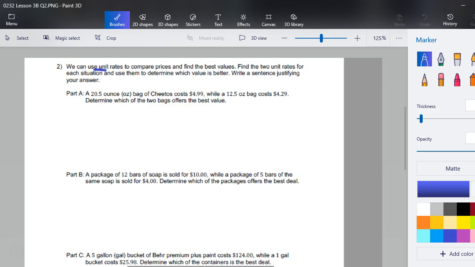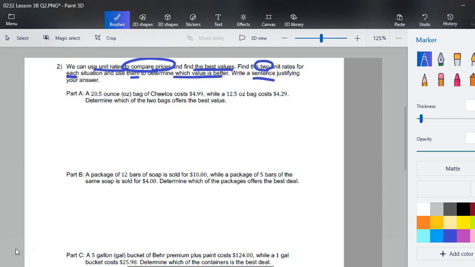Question 2 says we can use unit rates to compare prices and find best values. It asks us to find 2 unit rates for each of the situations below and then use those to determine which value is better and write a sentence that justifies this. So starting with part A, we are comparing